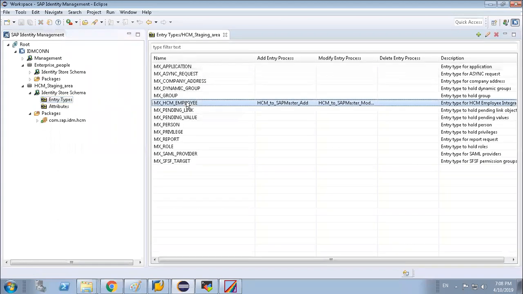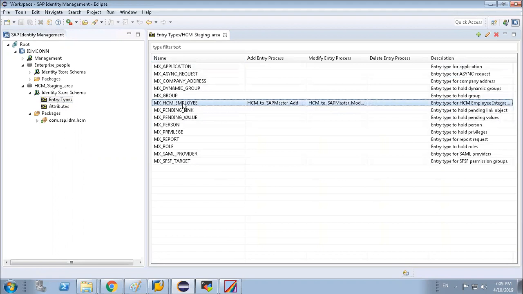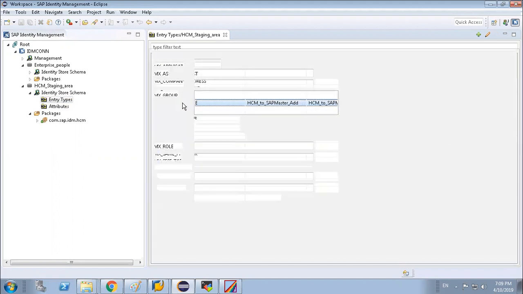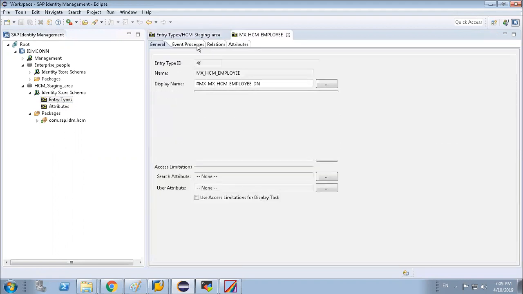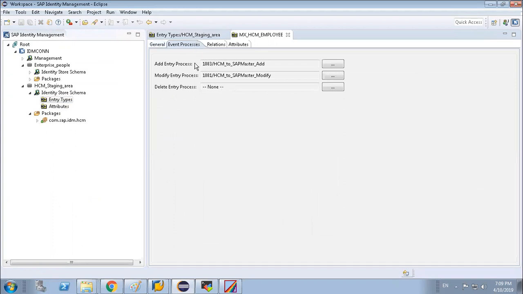This is one of the important entry types where the data which is coming from HR is getting loaded. Whenever this data is getting loaded in this entry type, in this event process trigger, this process will trigger.